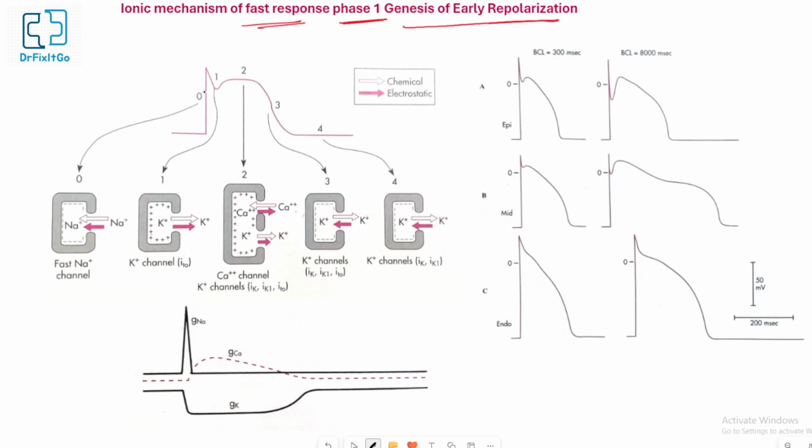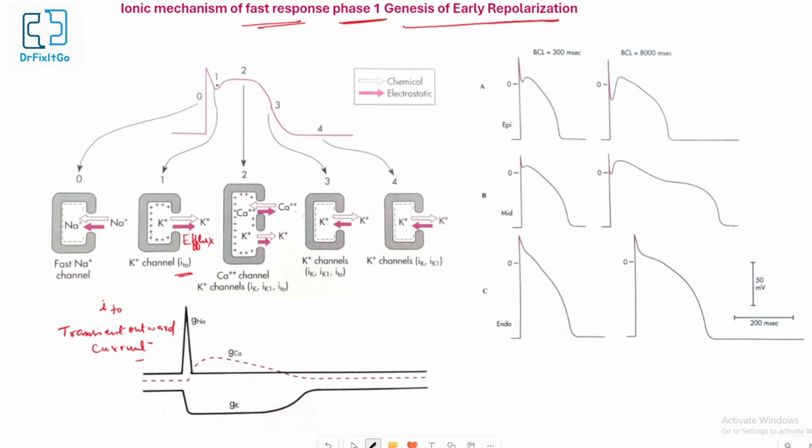Repolarization occurs briefly owing to activation of transient outward current carried mainly by potassium ion. Activation of potassium ion channels during phase 1 causes a brief efflux of potassium ion from the cell. Because the interior of the cell is positively charged and because the internal potassium ion concentration greatly exceeds the external potassium ion concentration, this transient efflux of positively charged ion briefly and partially